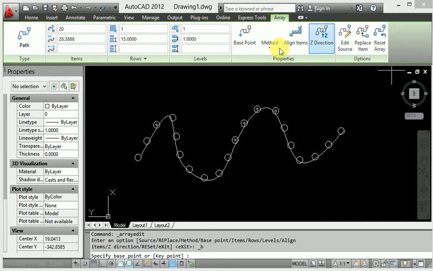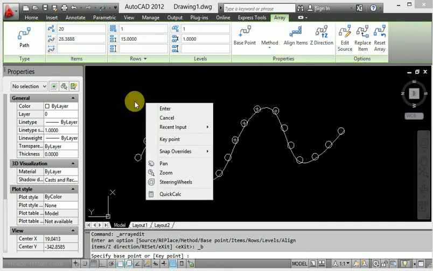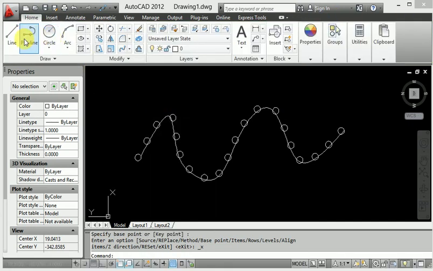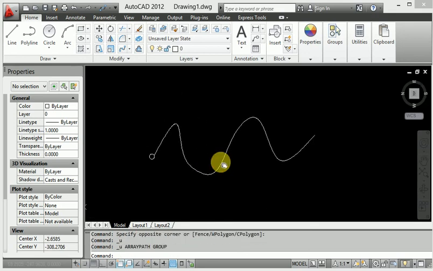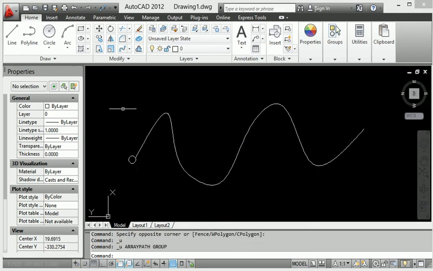So again I will show you how to do that in pattern right now. I will go back here. This is the circle. First of all, this is the path pattern.